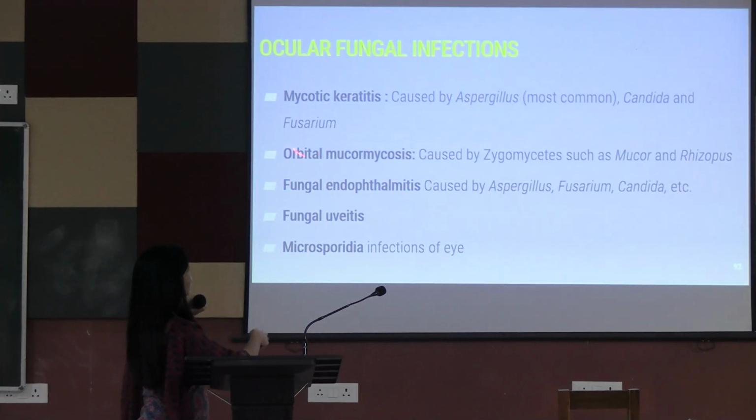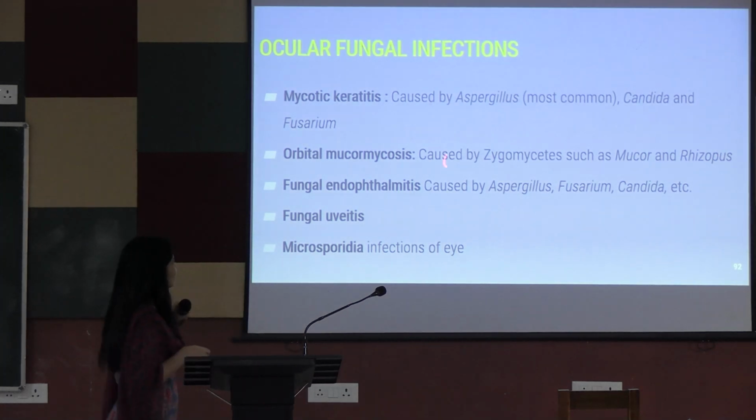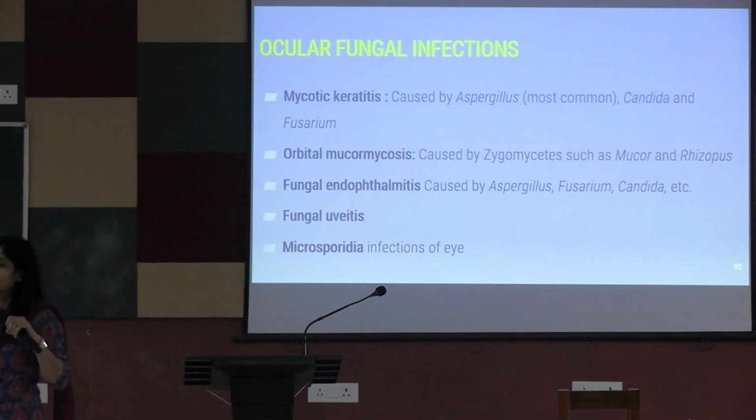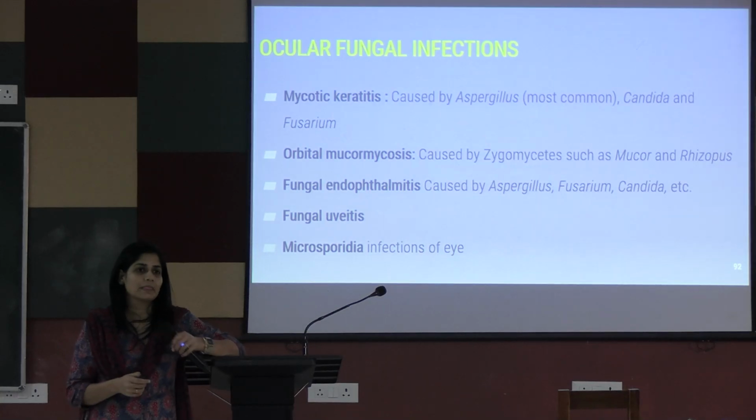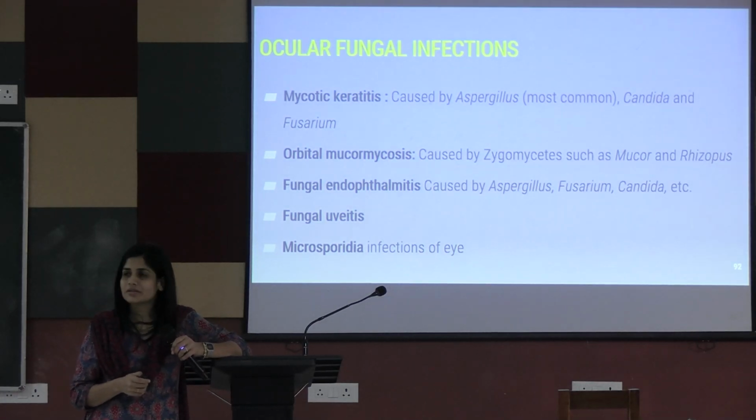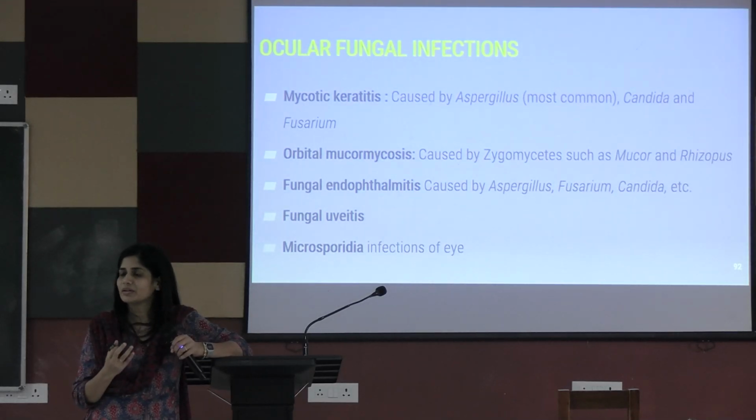There's something called Fusarium and Mucor and Rhizopus. Mucor and Rhizopus, which is known by the family Zygomycetes, has played a very significant role during COVID-19. Why? What was used during COVID-19? Steroids. So with the usage of steroids, with the inhalation of spores that are ubiquitous in the environment, the people developed rhinoorbital cellulitis because of mucor.